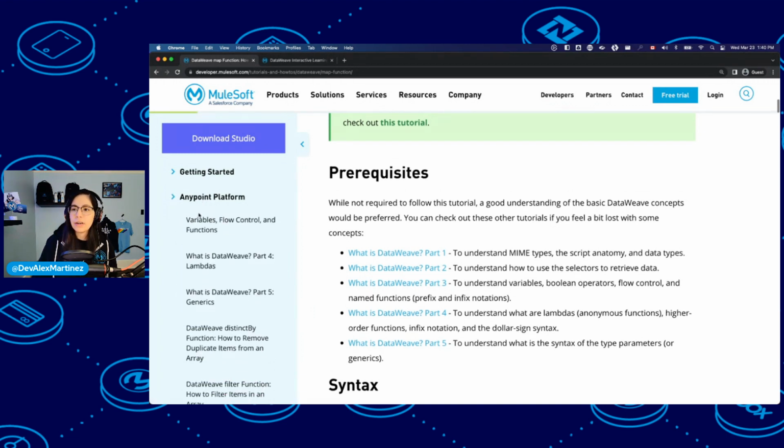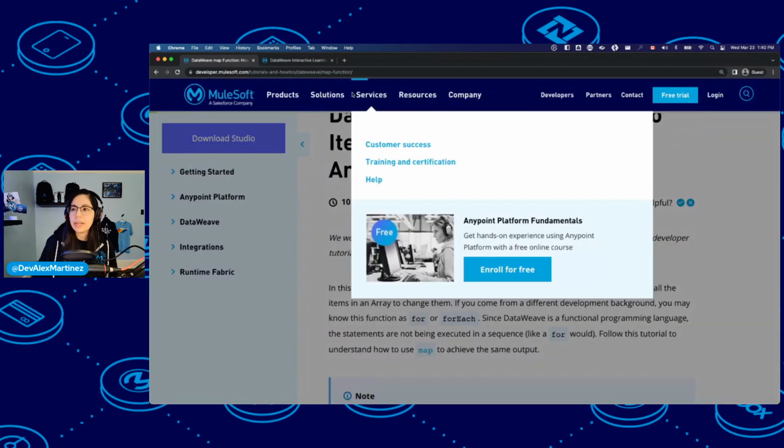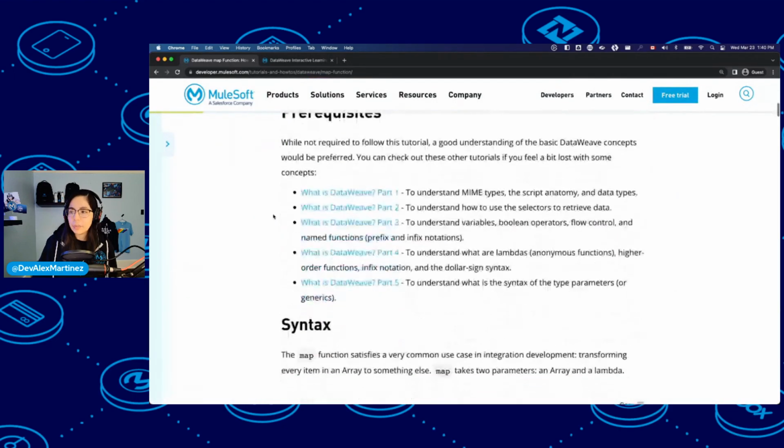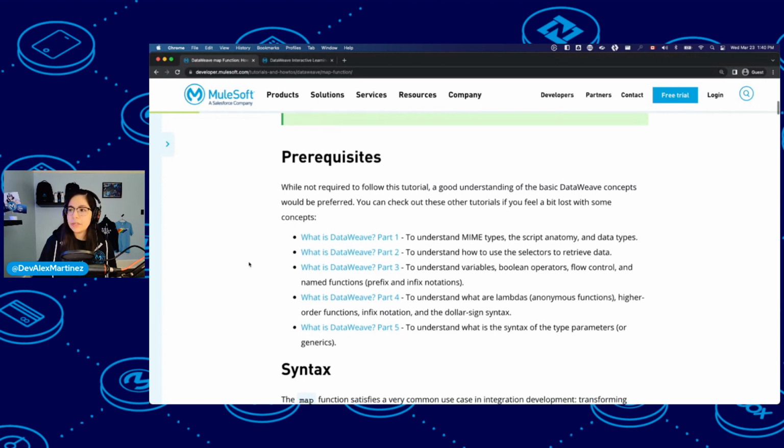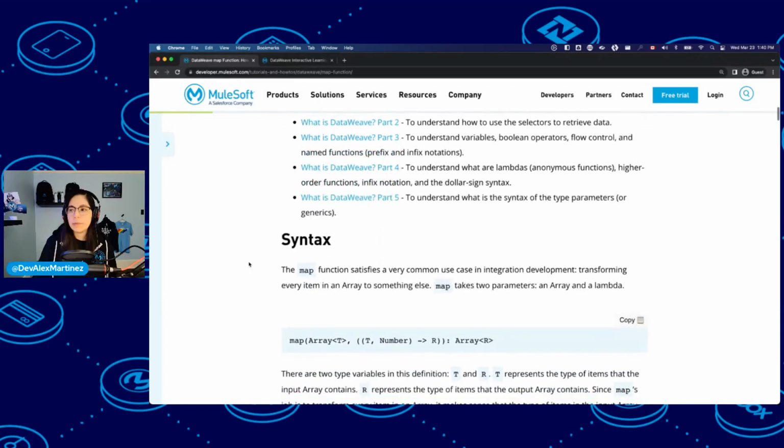So if you're not familiar with any of those, we recommend that you go through those first to get a better feeling of what is DataWeave and how is it used and what you can do with it. So after you go through the prerequisites, they're not required for the tutorial. You can follow the tutorial without going through the prerequisites, that's fine. But if you're not familiar with DataWeave, you're not gonna be able to understand a lot of this.